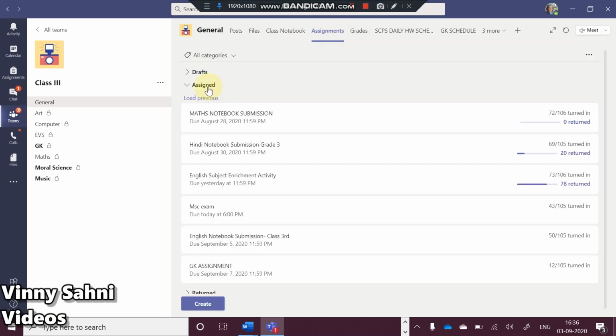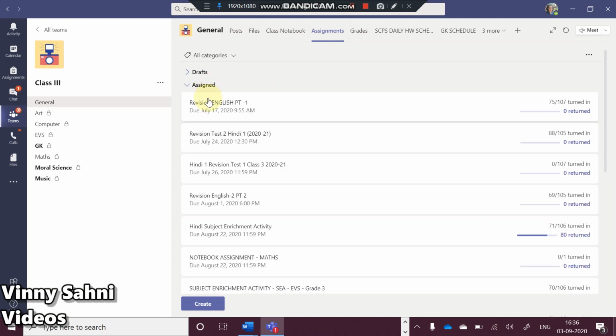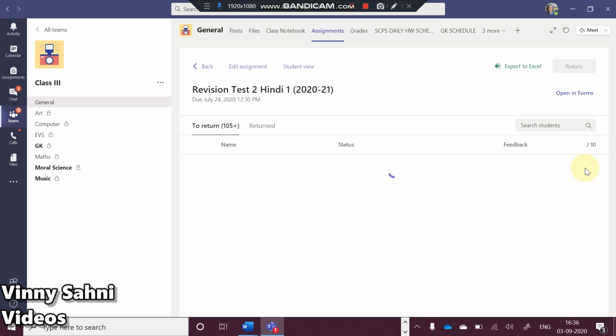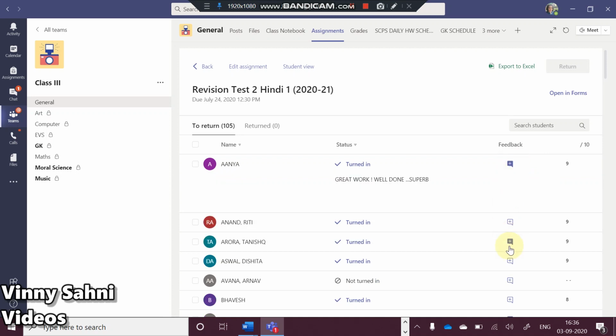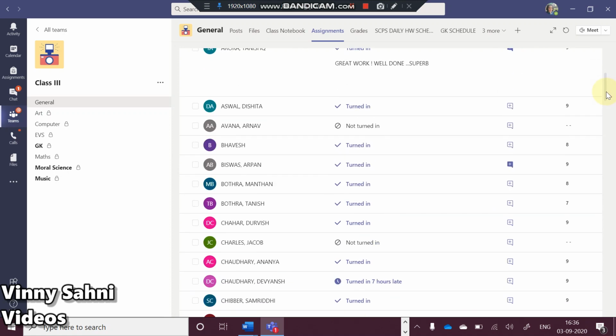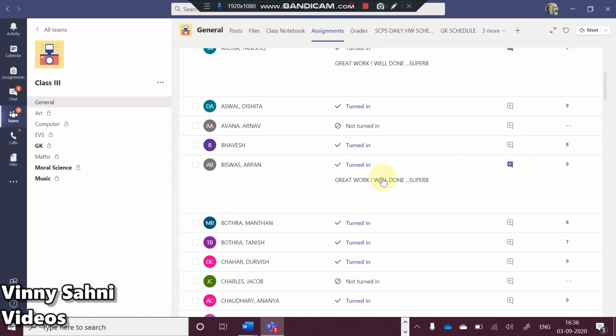I think the returning of the paper is all clear to you, so I'll just quickly show you. So you go back here, and I'll also show you how it looks when you have actually given the main comment. Remember, this plus sign will come for the main comment, right? So this plus sign means there is a main comment. Even if you start giving question wise comments, which may or may not be required, that is your personal choice to give a question wise comment. But if there is no main comment, then this type of plus sign will not come, right? This highlighted blue sign will not come. Just keep that in mind. All right, this highlighted blue sign will come only when the main comment is there.